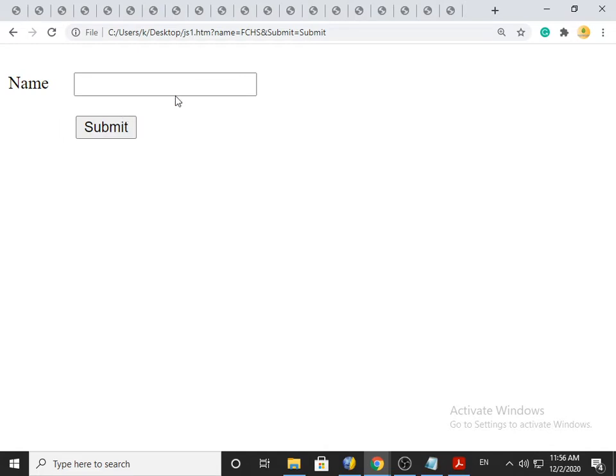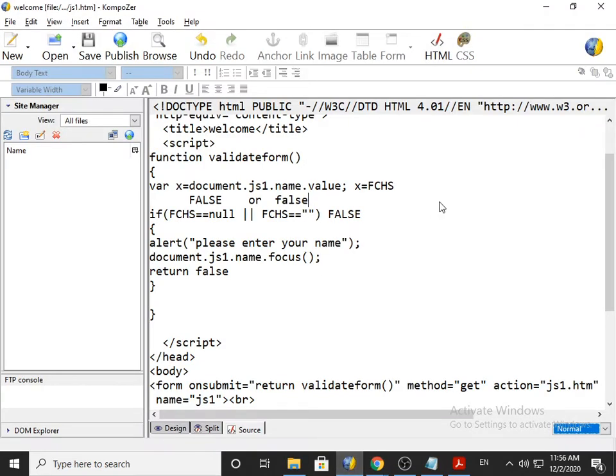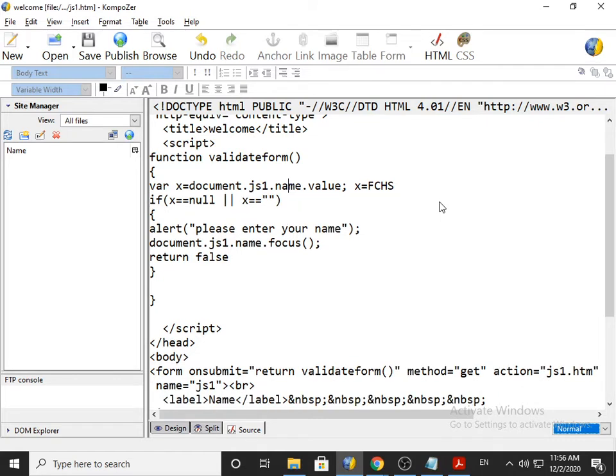I hope you notice carefully. Now no alert box, form will submit. So this is your script explained in the textbook. My request to all the students is just take a screenshot or write down somewhere in your book the whole script, because in some textbooks it's not printed properly. So if you want to revise something, it will be helpful to you. I am just removing all extra elements so that it will be easy for you to understand. So this is your script.